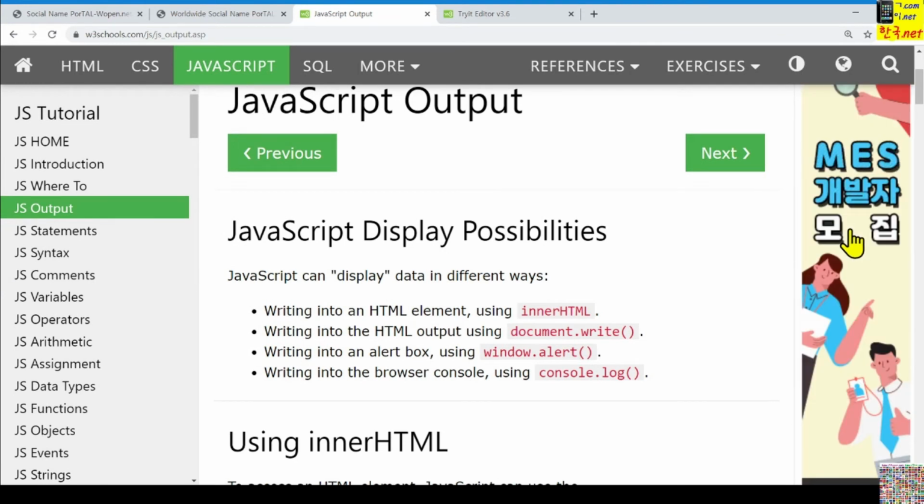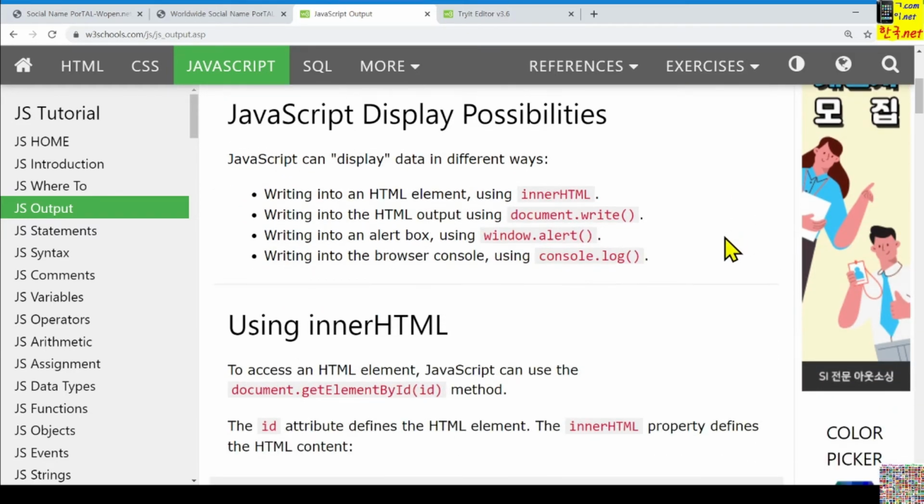Then, to make sure of the result, how to show the JavaScript output and how to display it, there are several ways. JavaScript can display data in different ways. As we learned already, writing into an HTML element, we can change the contents as we did in the previous example. We can use this property name innerHTML, and we can use this method document.write.